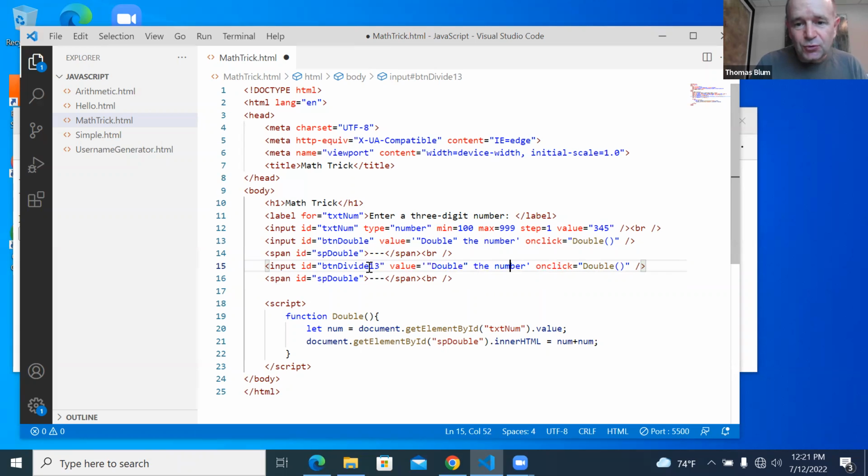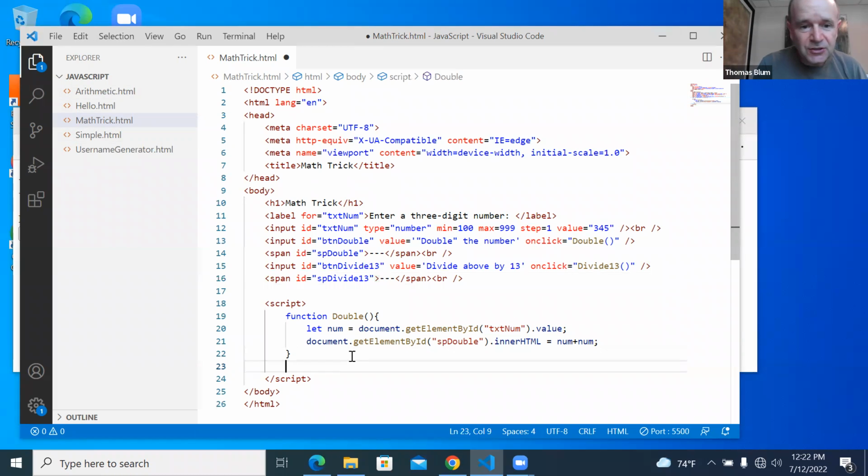The value will be divide above by 13, and I'll call the name of the function divide 13, and I'll call the SP here divide 13. Okay,